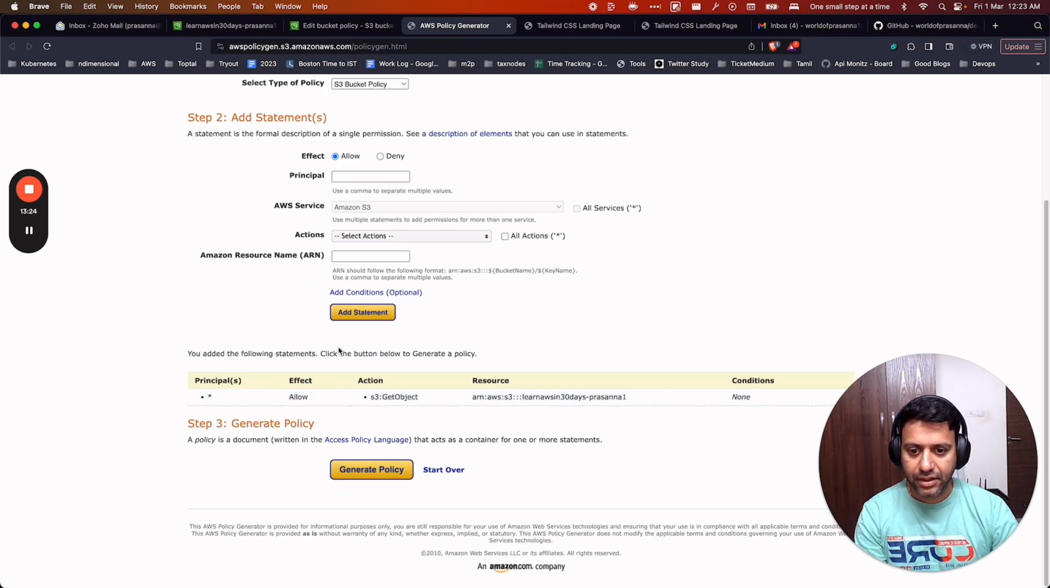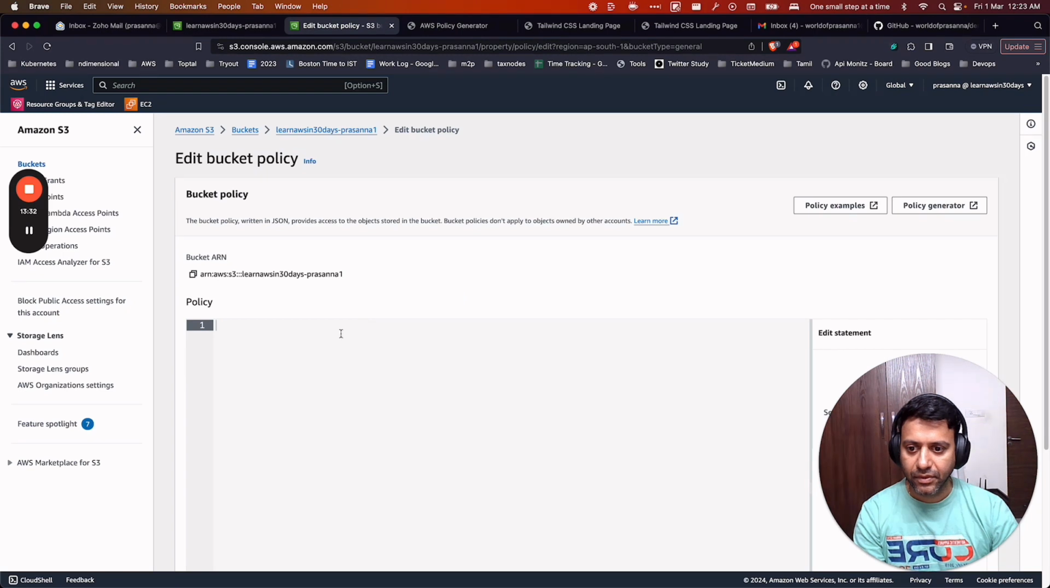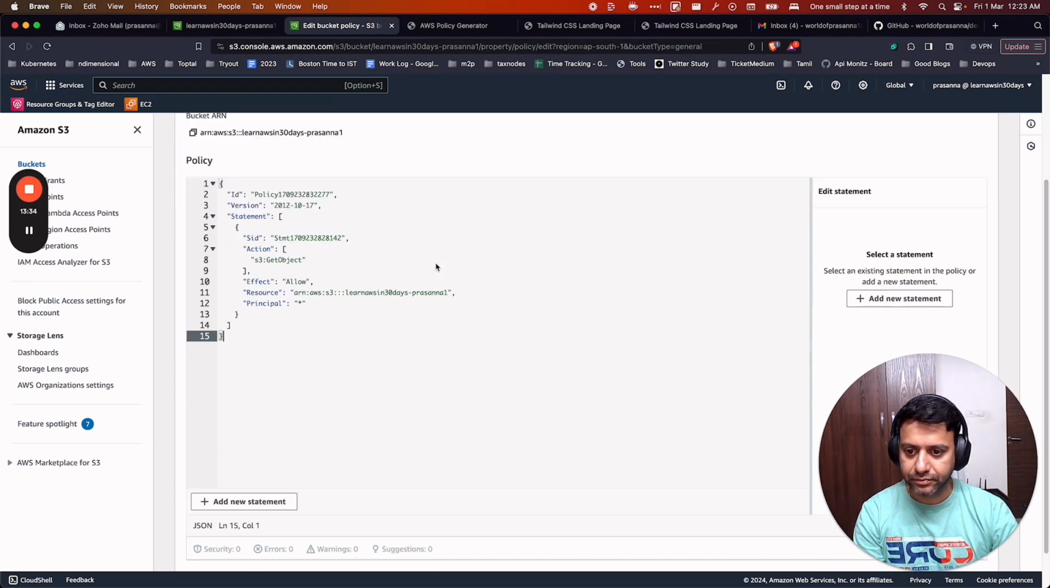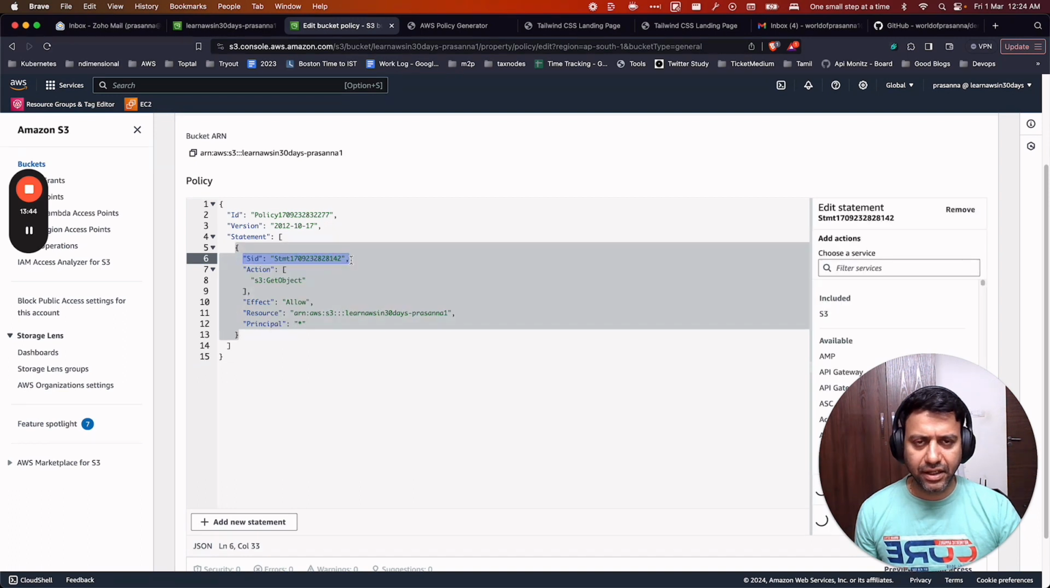Okay. So I say generate policy, and we get this policy document. I'll copy this and put it here. This is very straightforward. It has a version, and then the statement array, where we have the statement ID, which is like a unique